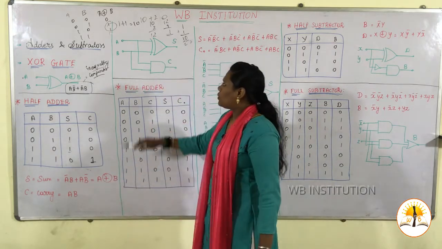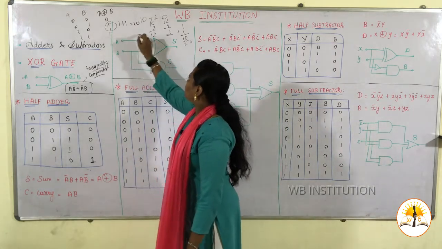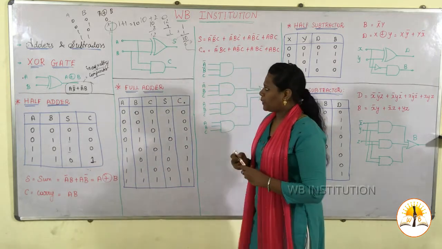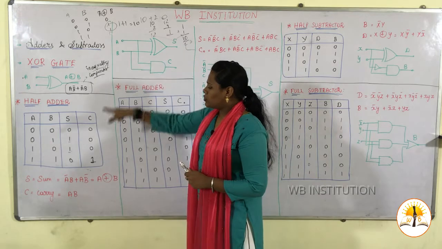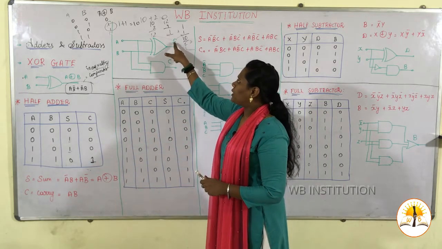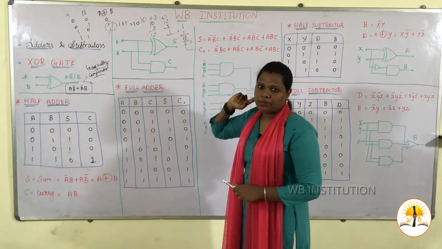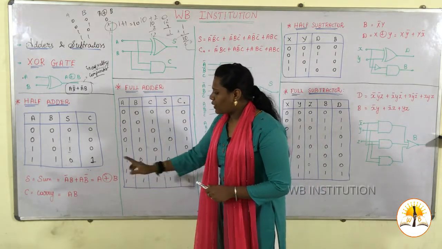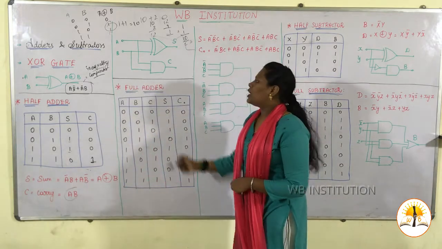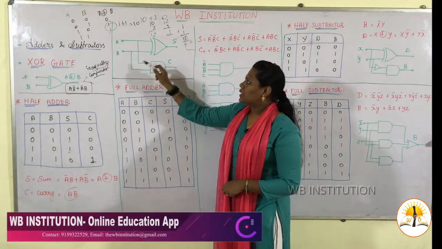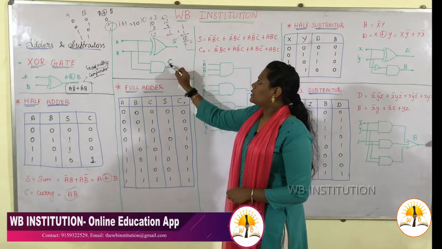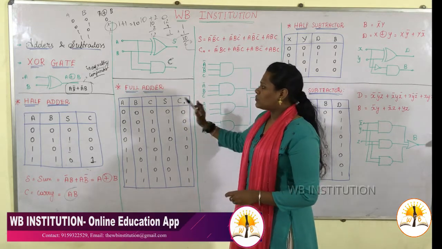Okay, now just going for a logical diagram. And this one is the diagram for the half adder. So I have mentioned A, B. So we know that for sum it is an XOR gate. So I have mentioned an XOR gate and mentioned it as sum. Yes, S is nothing but your sum. Okay. Then coming for your carry. Carry is nothing but just an AND operation of two variables. So I am just marking this A and B and towards I have drawn a NAND gate to that. This is a carry. Okay, this is for half adder.